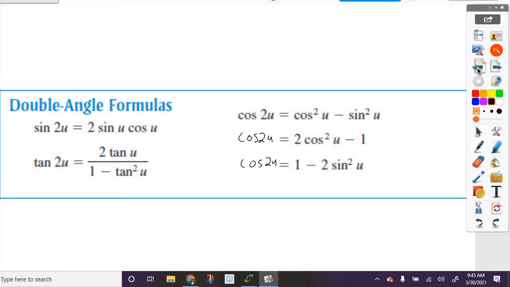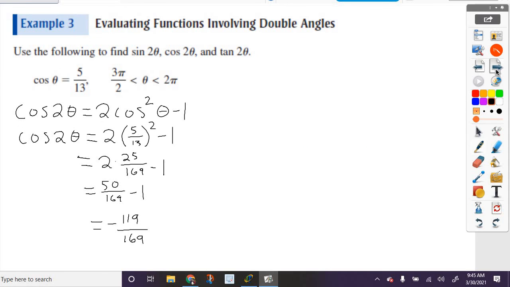We have cosine of u, but we don't have sine of u. And so as of right now, we can't apply that formula. However, let's think back. If I know that cosine of theta equals 5 over 13, well, let's think. Cosine of theta is adjacent over hypotenuse, which means that if this is my theta,